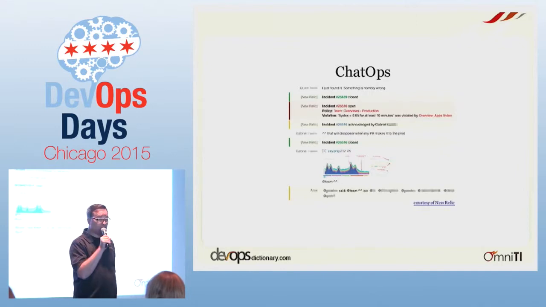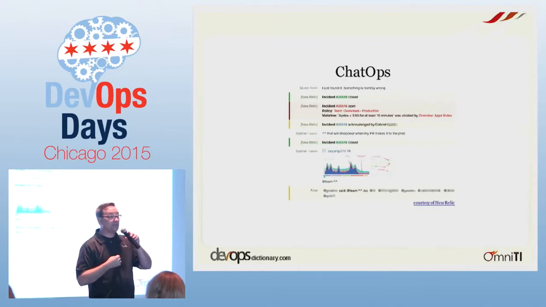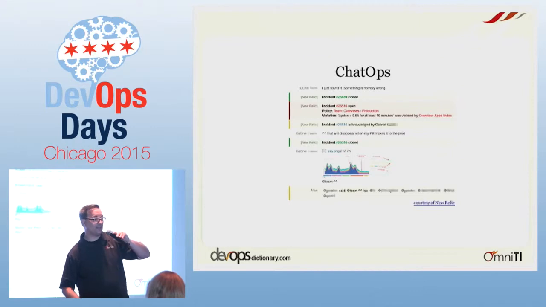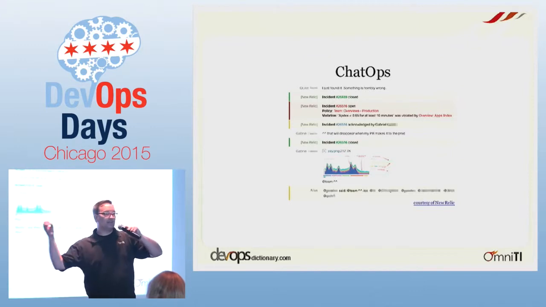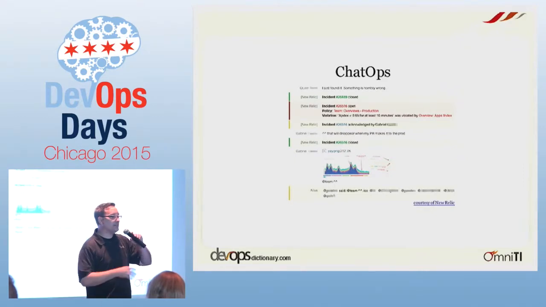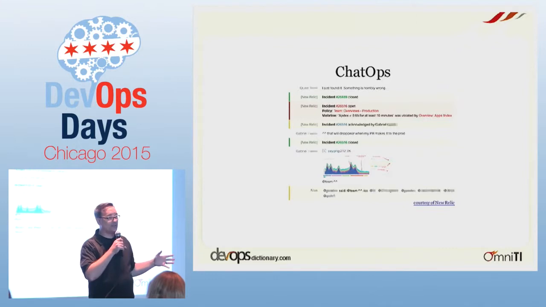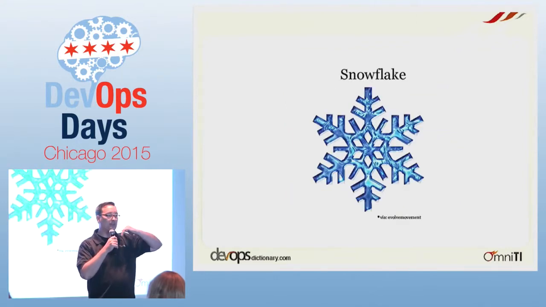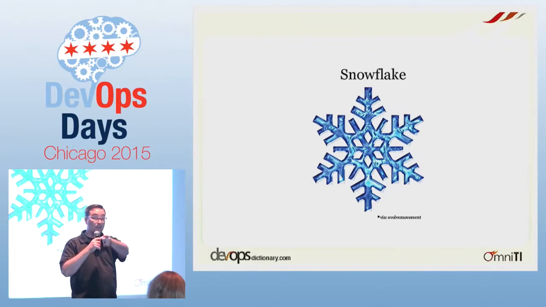Chat ops. Chat ops is where you integrate all of your tools with your chat system. It could be Slack or something like that. You might be able to issue commands to your build system, say, go build this thing, and then it responds back 5 minutes later with, the build was awesome, or the build was terrible and it's all your fault, and here's this, and that sort of thing. You can get graphs out of it. Really, the integrations are up to you. Lots of people are having a wonderful experience with this. The biggest impact of it is that you have all of your tools' actions and your people's actions in one channel, in one log.